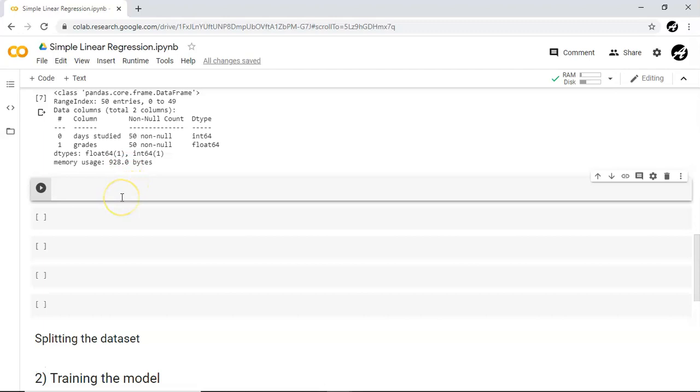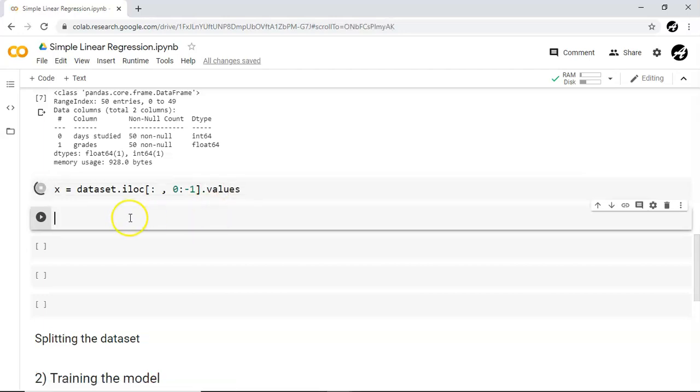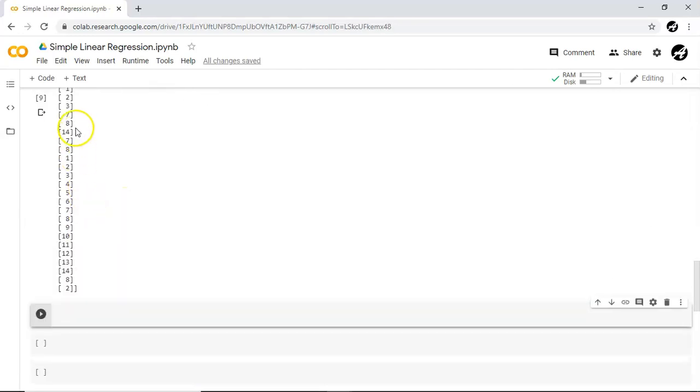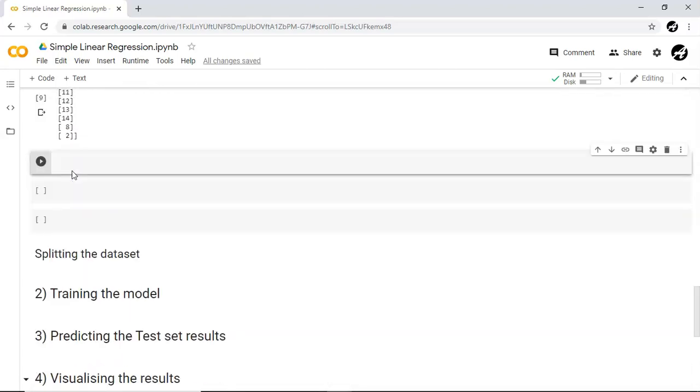Next thing is we need to segregate this dataset into an input dataset and an output dataset. So what we can do, just like what we did earlier, dataset.iloc, all the rows but the 0th column only. If you want to write it in a more generic way, you can go ahead with something like this, because most of the time the predicted variable or output variable which we want to predict, we keep as the last column. So .values. Let me print X. Alright, so these are the days study column.